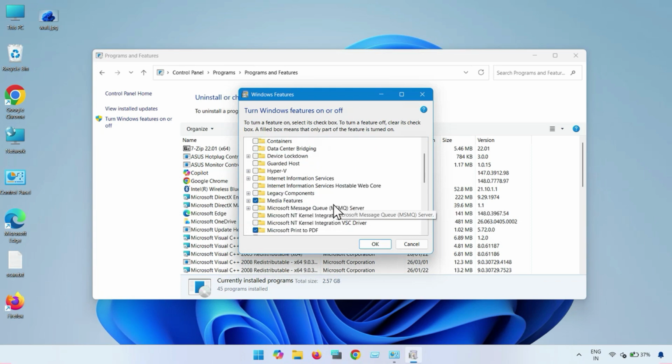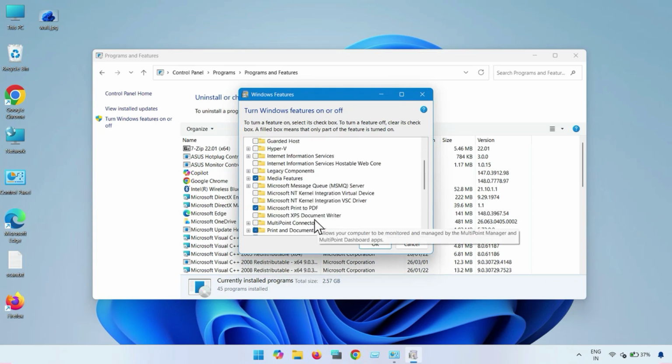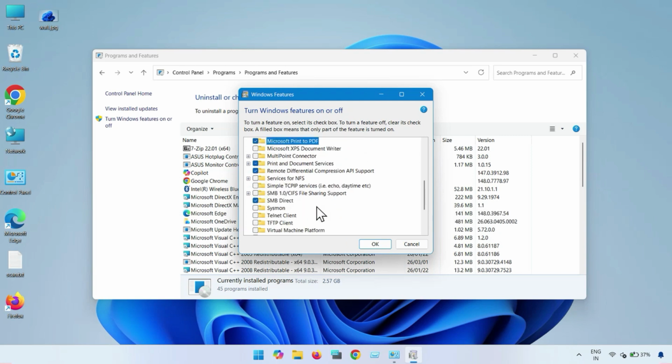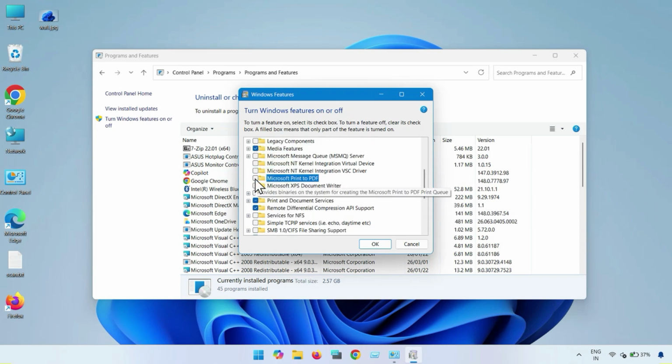So find out the Microsoft Paint. You can see Microsoft Paint. Yeah, this only. So if this is checked, so check it and then click to OK and then close it. Okay,